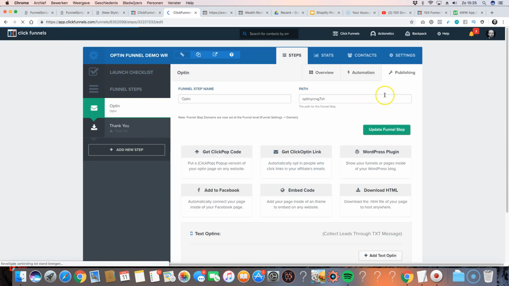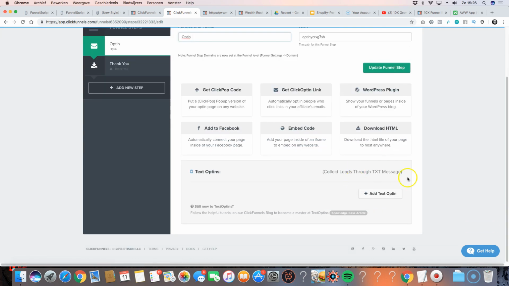On the publishing tab, there's some cool stuff. There's the actual path to your page. You can get click-pop codes. So if they click this, it's going to show a window. If they click this, they're going to be added to your WordPress site or to your email list. I was looking at this. This is the WordPress plugin where you can just show your entire page in your WordPress site. You can add it to Facebook. You can get the embed code and download the HTML. You can even select